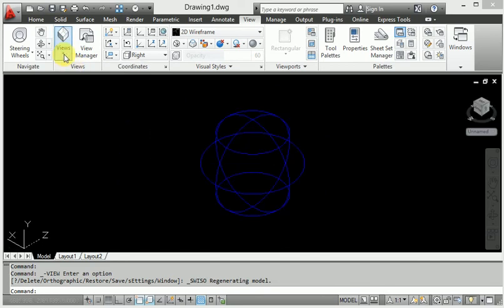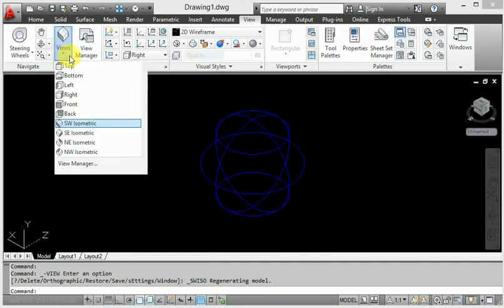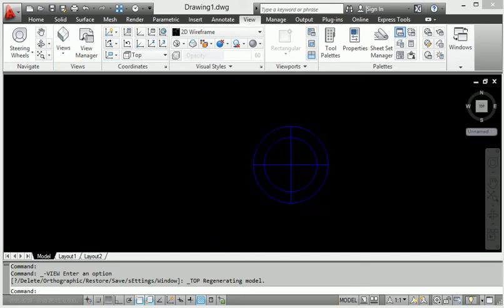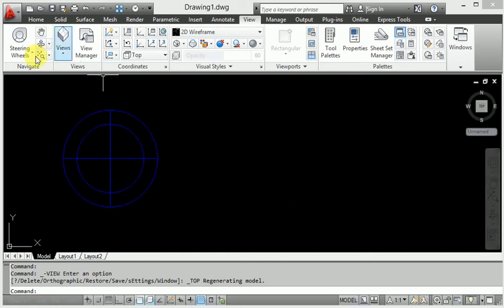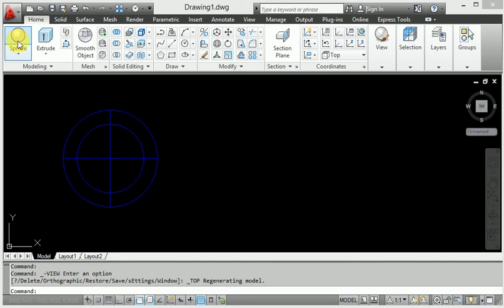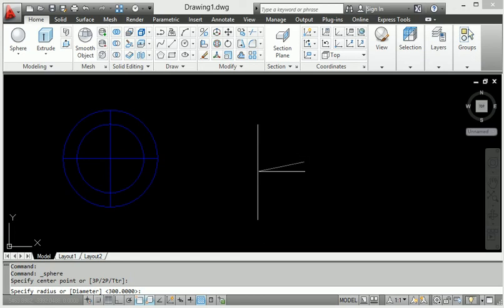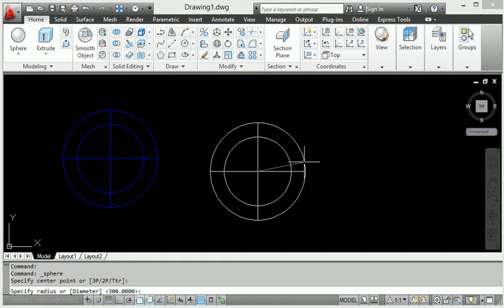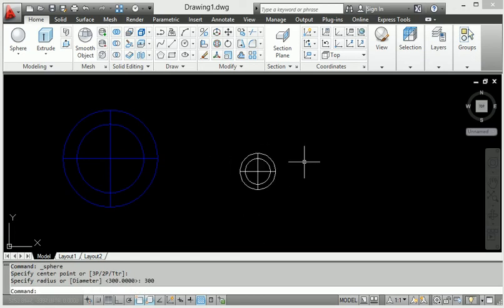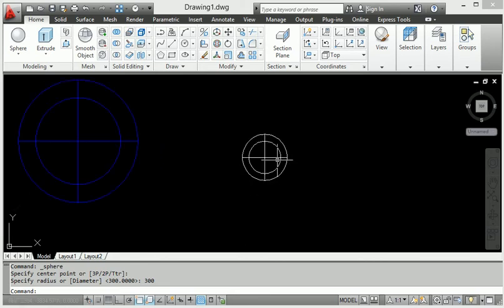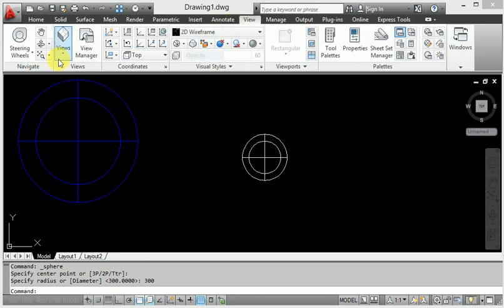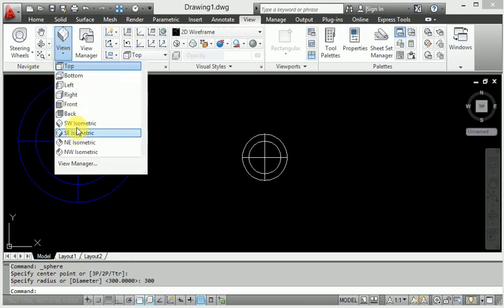When I create the top view here, I also make this sphere design. When I go to the home page and select the top view, I make a particular radius, I provide 300. Right now this is 300 radius, and I will show you the 3D modeling and go to the isometric view.